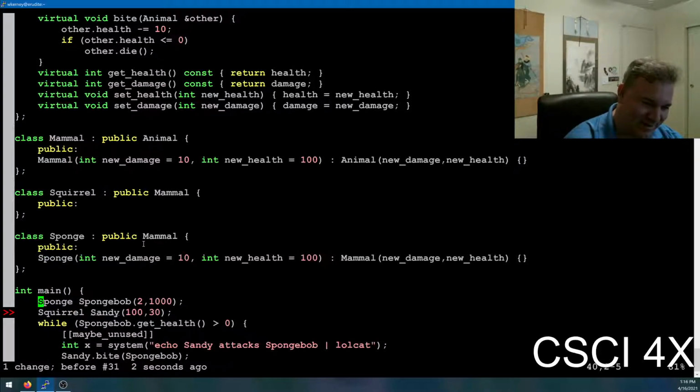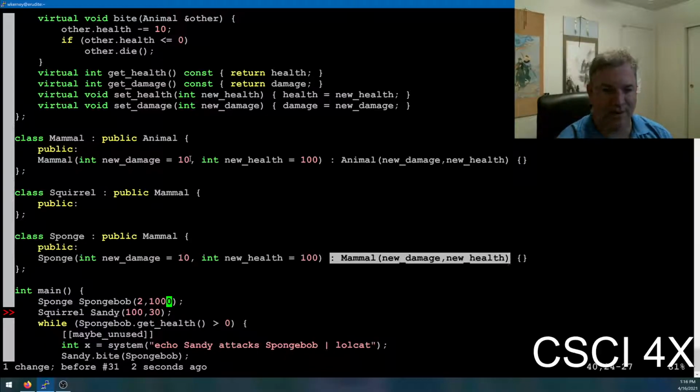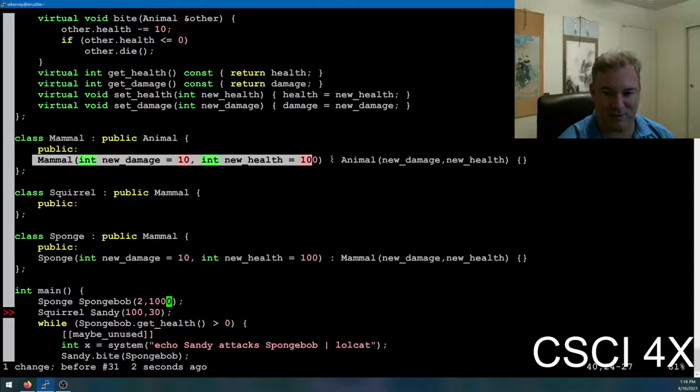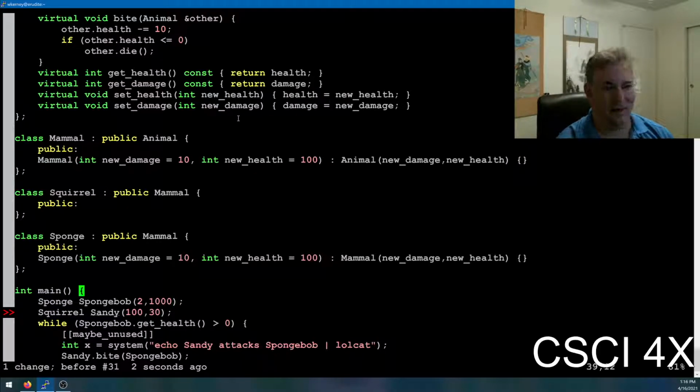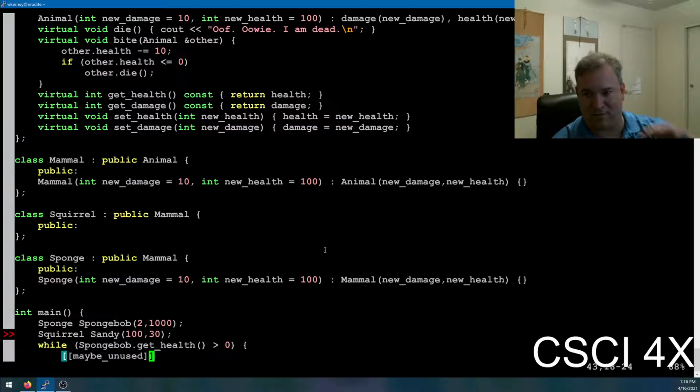So we've got a SpongeBob that is taking 2 and 1,000, and it's actually going to call its parent's constructor. Its parent's constructor is going to pass those 2 variables up to its parent's constructor, and that is going to set damage to be new damage and health to be new health. This is what you do. If you've got some variables in a parent class and some variables in your grandparent class and some variables in your class, you initialize your variables, you pass the remaining ones onto your parent. The parent does their thing and then initializes the ones on their parent, and you chain together